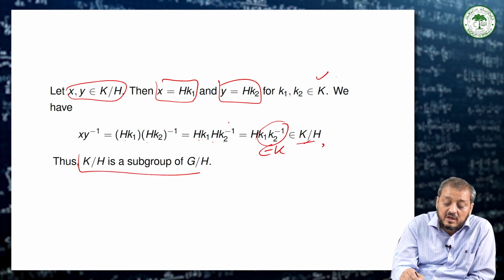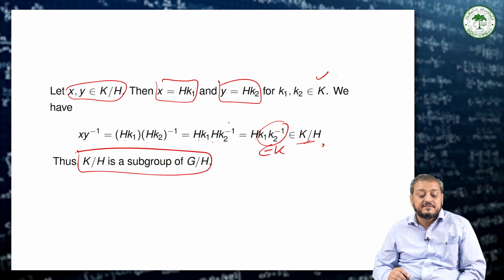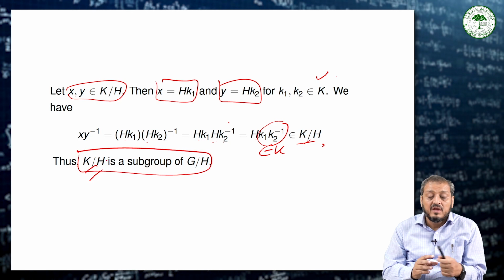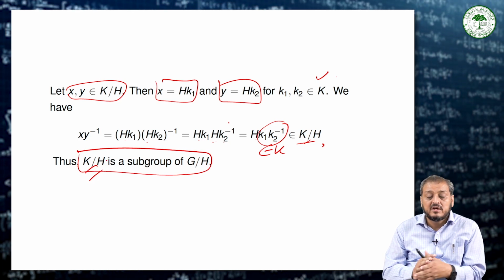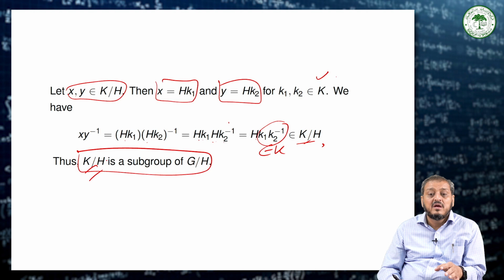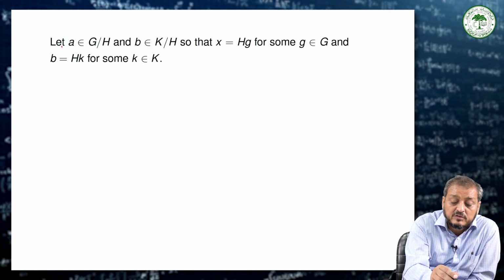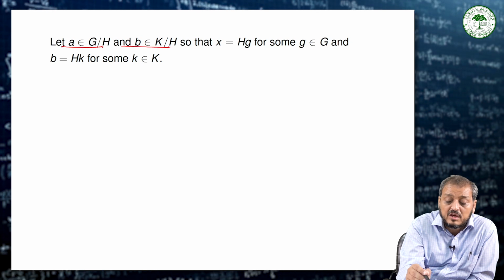So thus K/H is a subgroup of G/H. This means clearly one part we have to show is that K/H is a subgroup of G/H. Now we have to show that this is normal. So let A be an element of G/H, B an element of K/H,